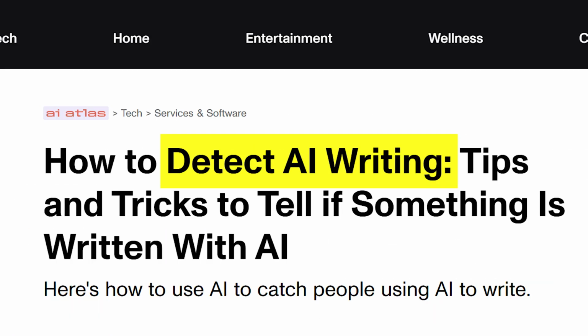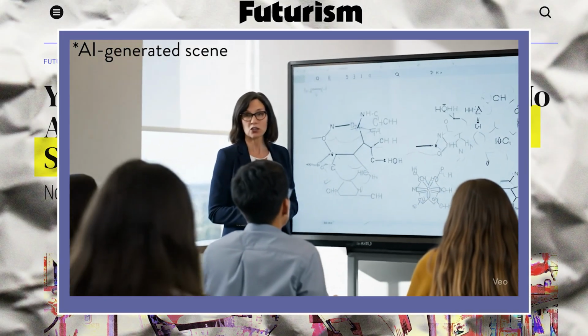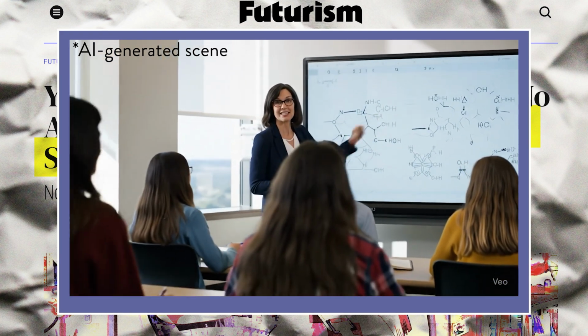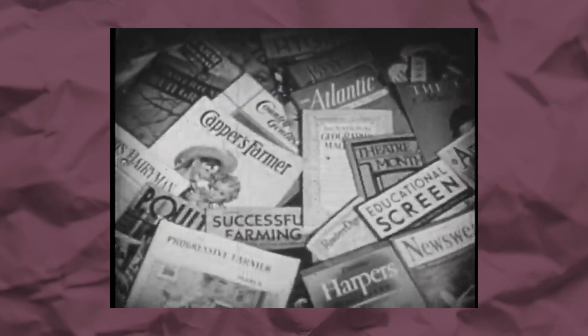If there were a way to detect AI writing, a foolproof way, you'd want to know about it, right? AI-generated images, videos, articles, social media posts, and even voices are rapidly taking up space in our media, space that was once occupied almost exclusively by material created by actual humans. And one of the dangers of this is that it's getting harder and harder to detect what's AI and what's